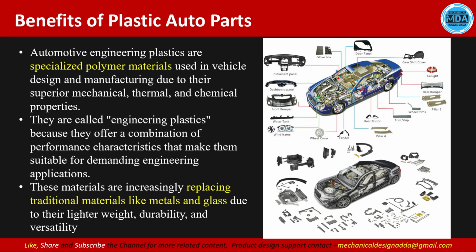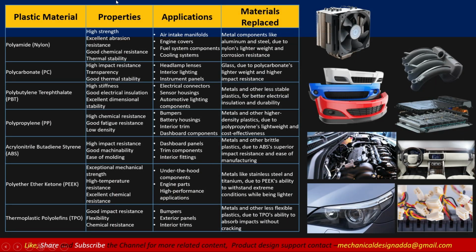So it is a chemical process where we get the plastic material. Depending on our requirement and application, we can change the properties and get those materials. We are replacing metal and glass with plastic materials. Here you can see previously we were using metal and glass, but now we are